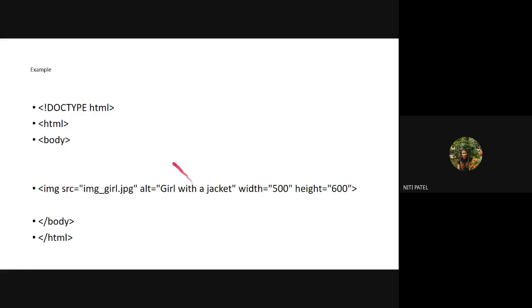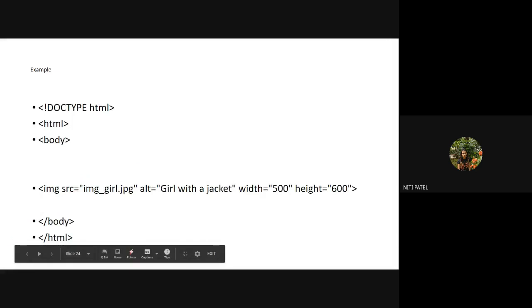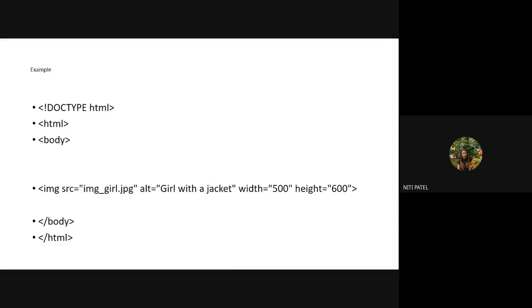If the image is displayed, do not display this text. Are you understanding? So it is an alternate. Let us execute this program and see whether the alternate is getting executed properly or not. What I am telling you is that if the image is not displayed, then alternatively display the text, but if the image is displayed, there is no need to display the text. Okay, let us run the program.